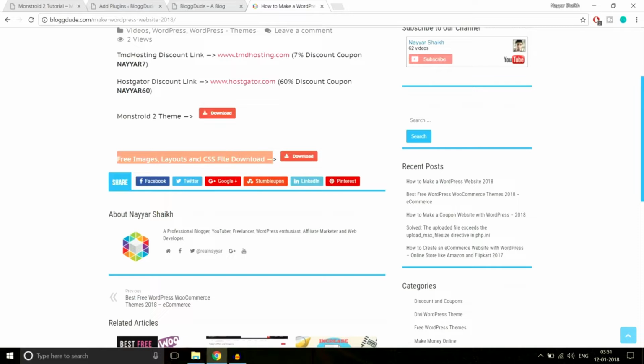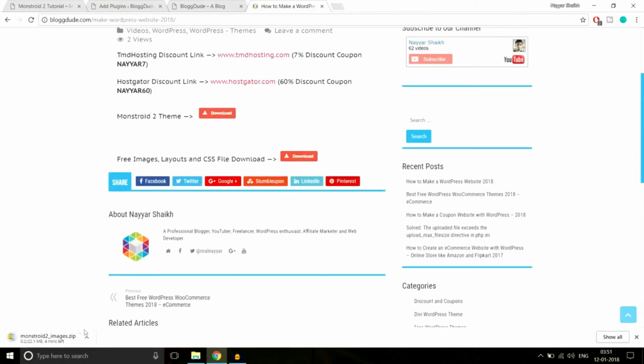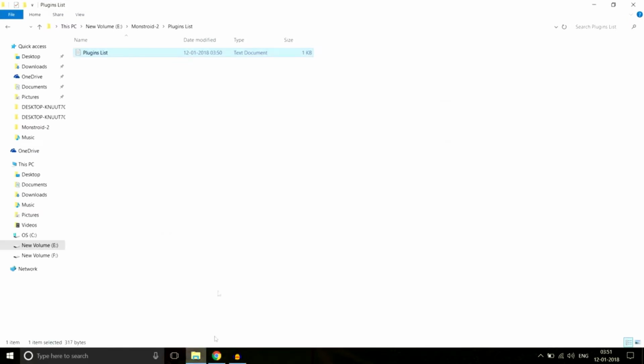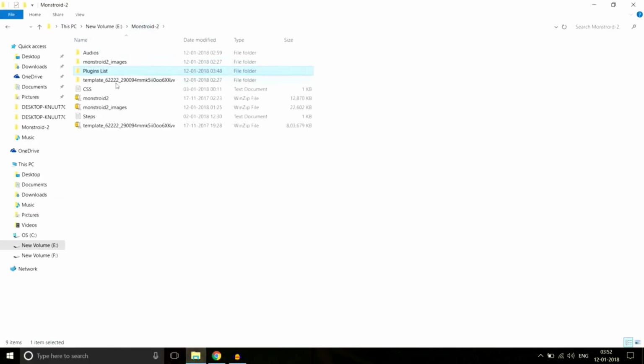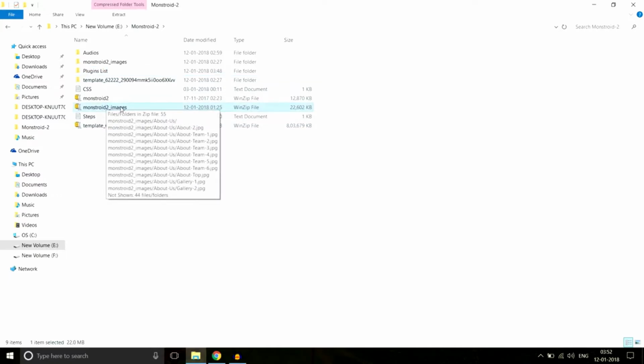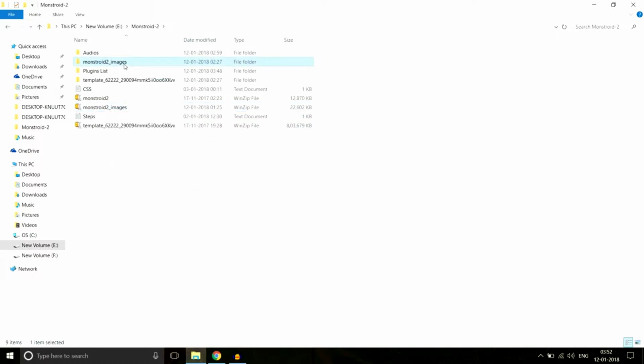Now I have given all the images, layouts and CSS files for free. You just have to click on this download button. Okay, now as you can see, the download is started. Let me cancel this because I have already downloaded this. Now once you download this, you'll see a file something like this. This is the file Monstroid 2 images and something. And when you extract this file, you'll get all these images for free, which I have used in my